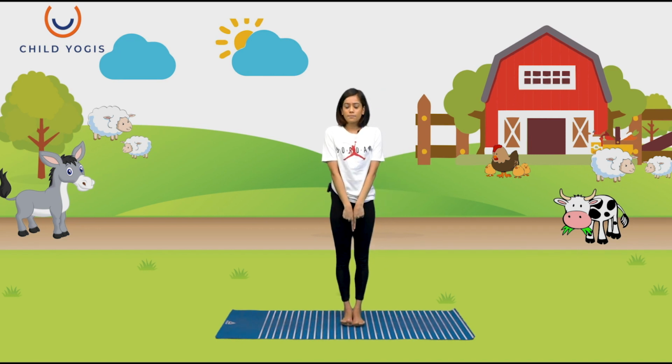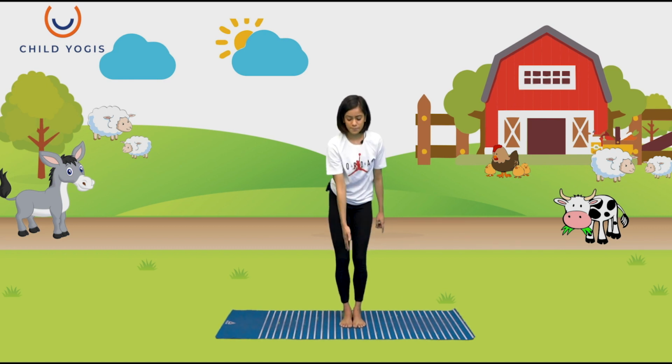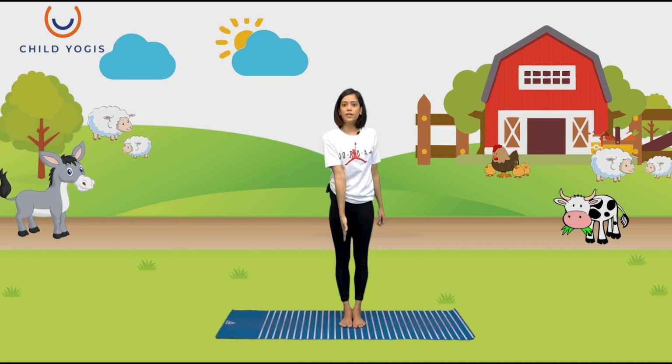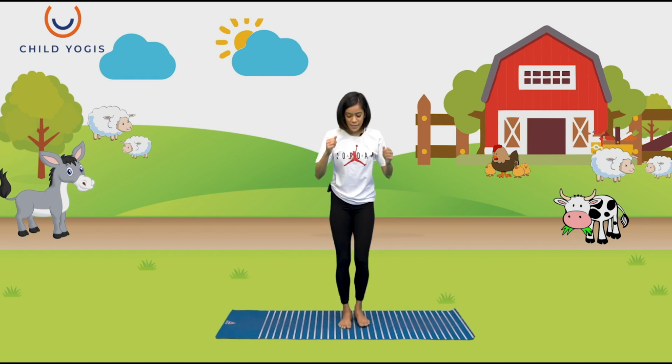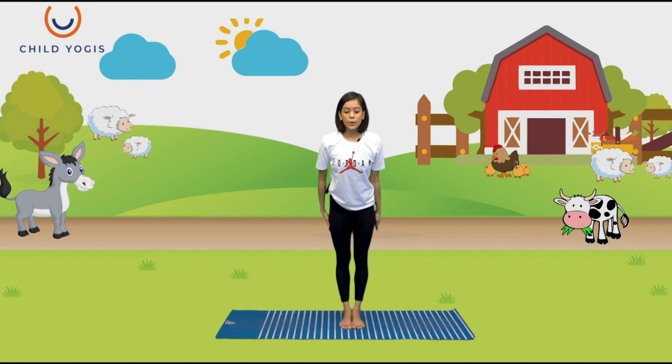Feet together. Now make sure when your feet are together, your knees should have a gap. Yes, it should not touch. There should be a gap between your knees. If there is no gap, then you can place your feet a little apart. Yes, so feet together if your knees don't touch. From there, slowly going forward